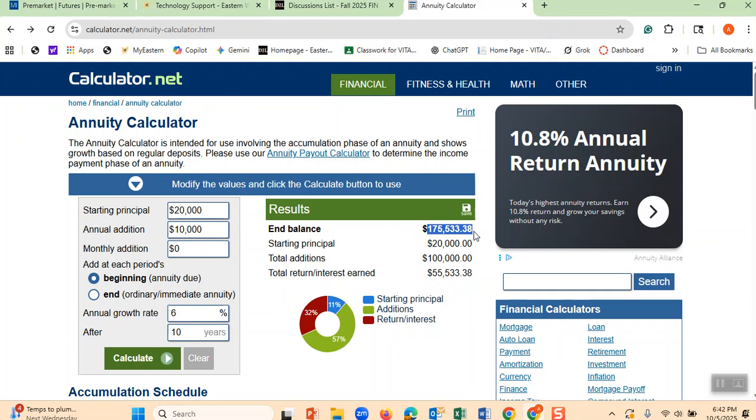In that case, the bank would assume that I would live up to age 90 and then say, okay, we will distribute this money from my age 65 to age 90. That means it has to last for 25 years. If they want to give this money back to me for 25 years, they are not going to give me $2,000 a month. Instead, they say they are going to give me an additional, let's say, $1,200 a month,